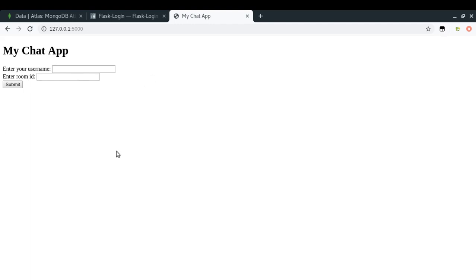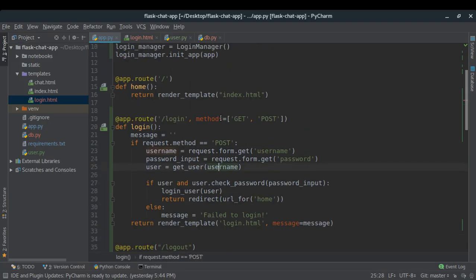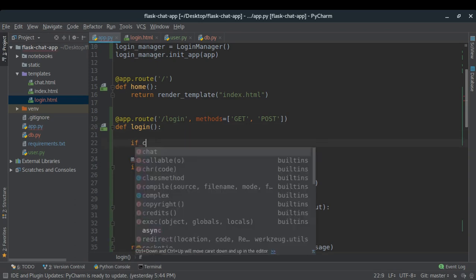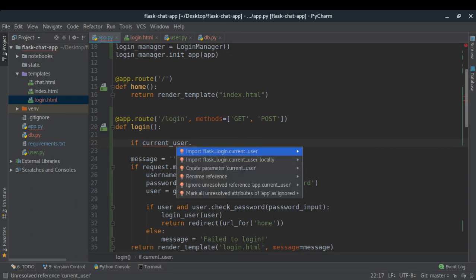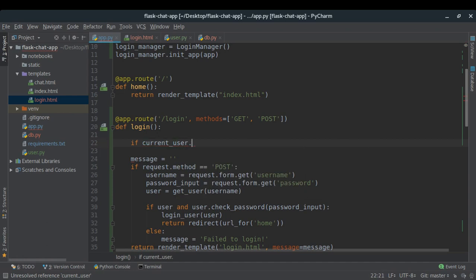Now one thing that you can notice is that I'm not able to understand if I'm logged in or logged out, right? So how to solve this problem? How do you know who the current user is that we have in the context, right? One thing is that you can use the current_user property of Flask login. So current_user is actually defined in Flask login. So if current_user.is_authenticated,